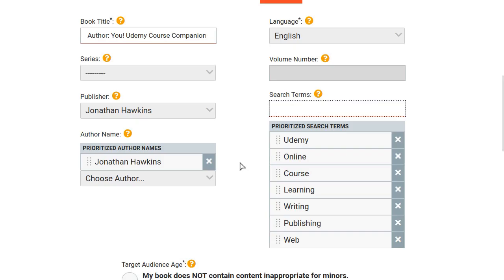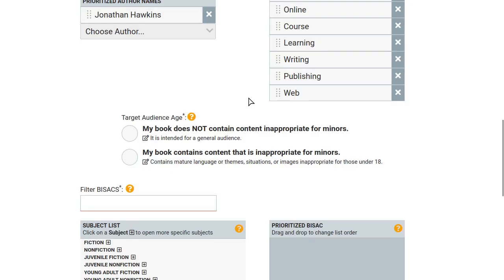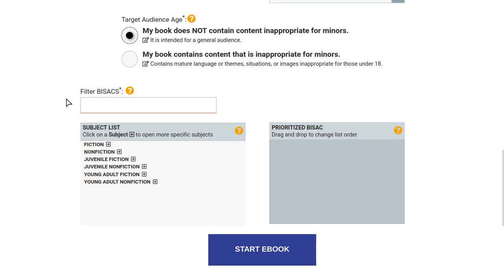Draft2Digital recommends around 7 search terms for the maximum, as some platforms only allow a limited number of search terms. You can add more if you'd like, but just keep in mind that not all of them will show up on every storefront. Choose the appropriate option for your book in the Target Audience Age section, and below that is